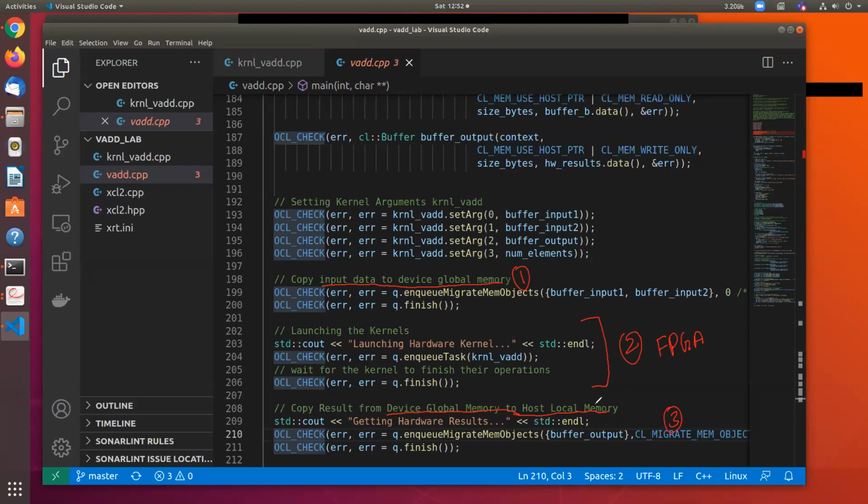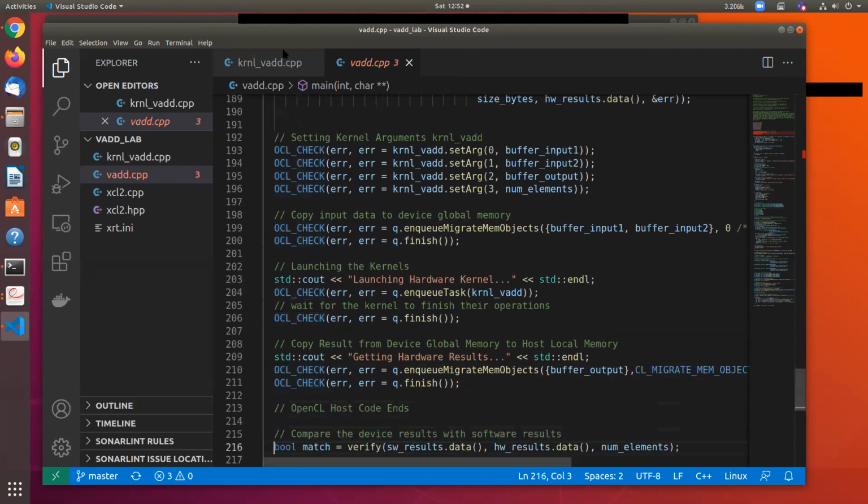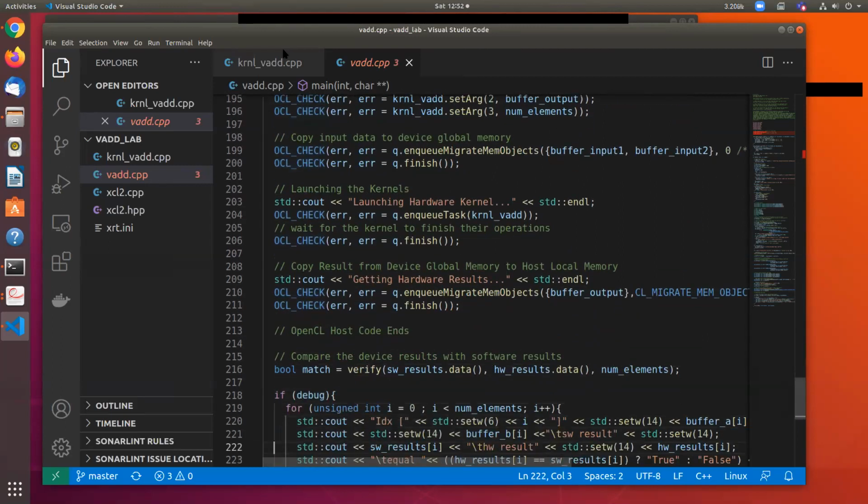And of course, if you go down, the result that you have obtained from the FPGA, you compare it on line number 260. This is to check if the hardware results match with the software results. Are you all with me so far? Yes? No? Maybe? Yes, sir. Great. So now let's take a look at